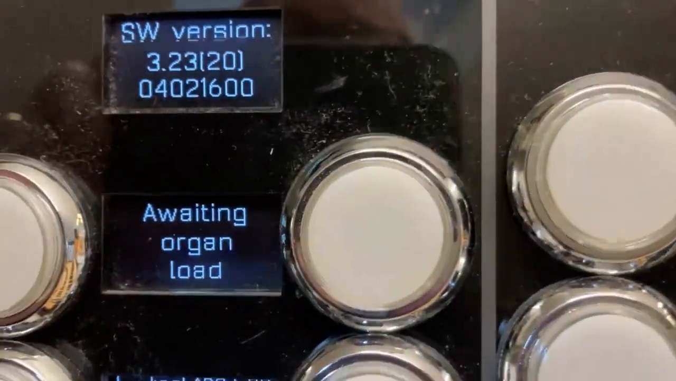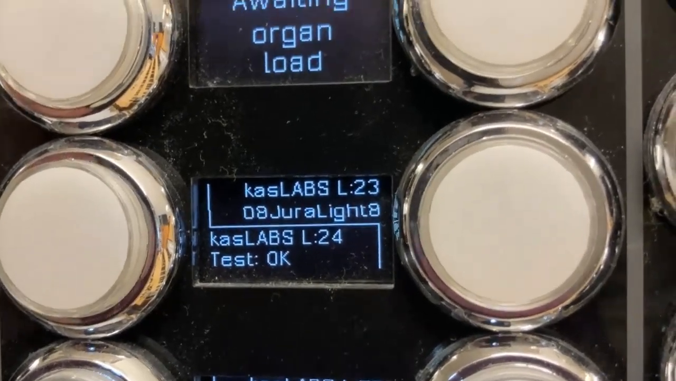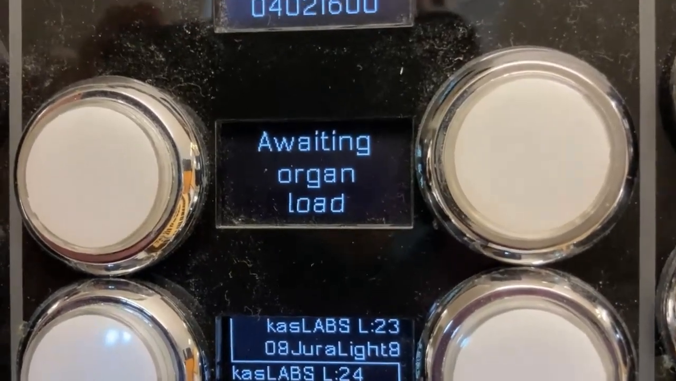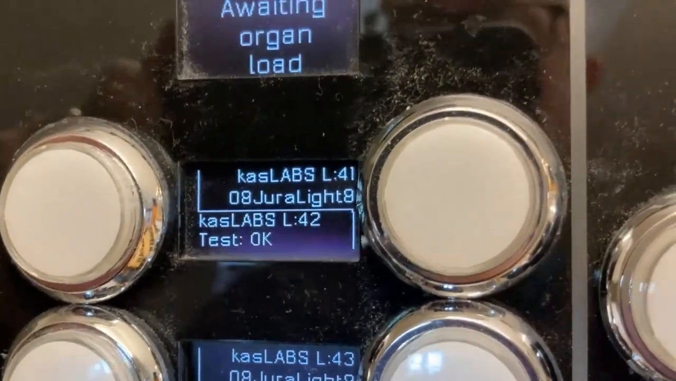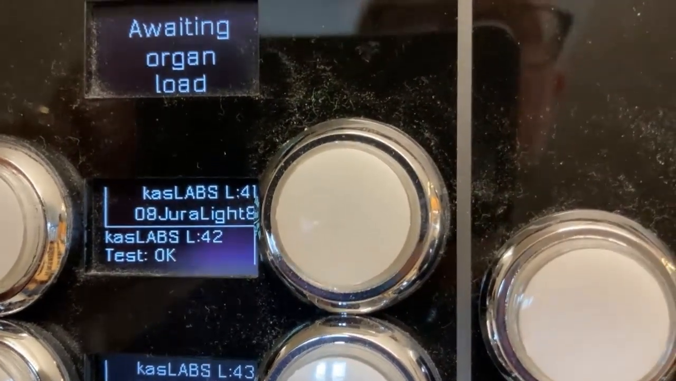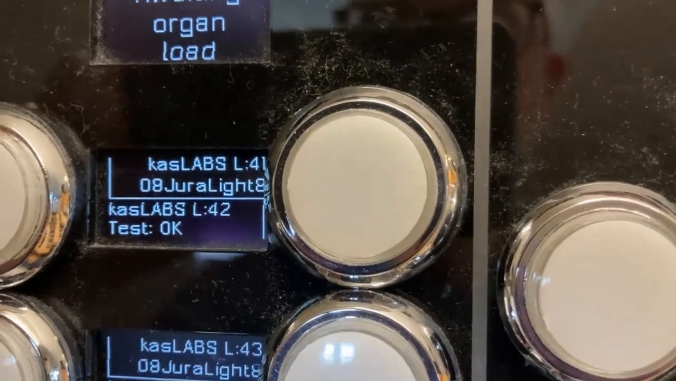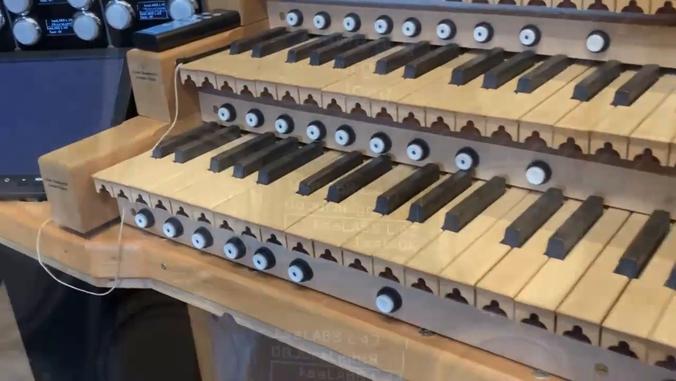And we see here that says label 23 and 24 because awaiting organ load is occupying label 21 and 22. And this says here label 41 and 42. So there we are, we have the left hand stop labels. If we go over to the right hand stop jam,